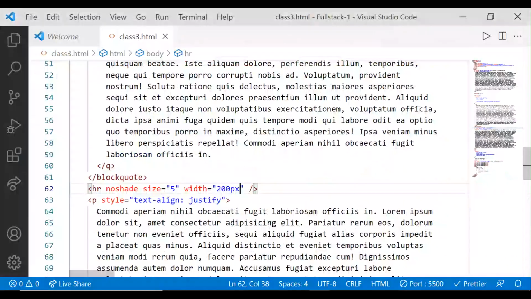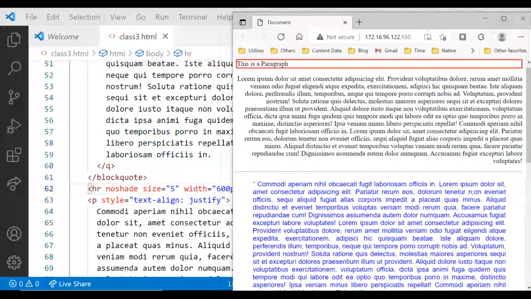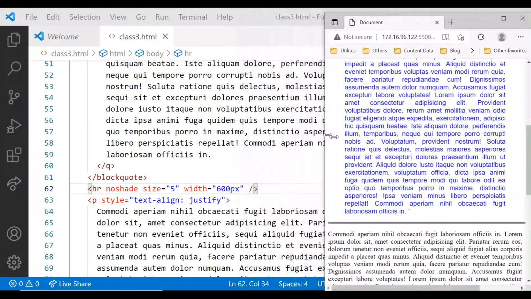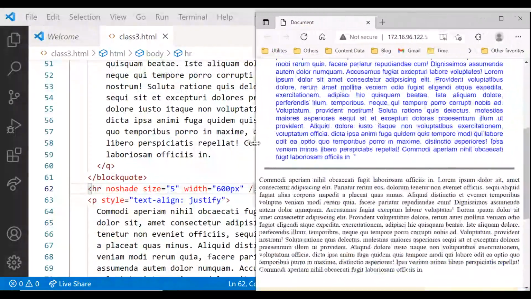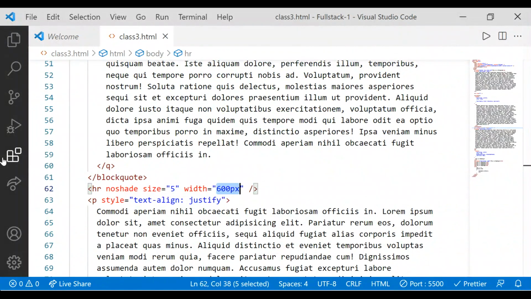See, let me make it 600 pixels. Now when I resize our document, see the line becomes cropped. This is not a responsive line. When I give 50%, the line itself is also responsive.